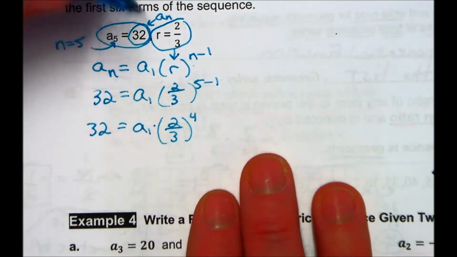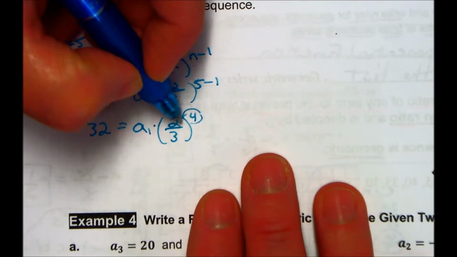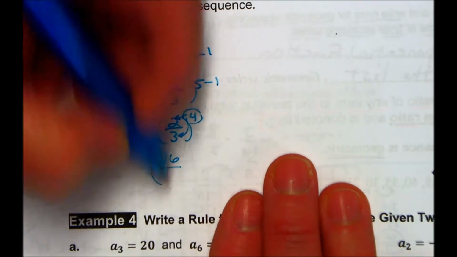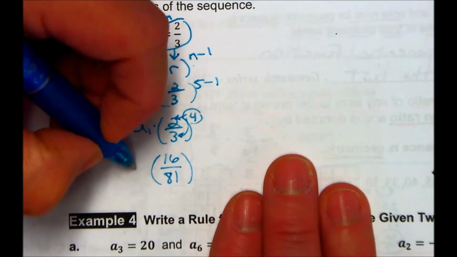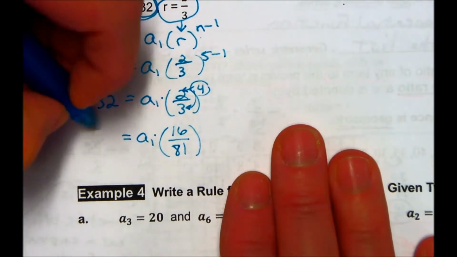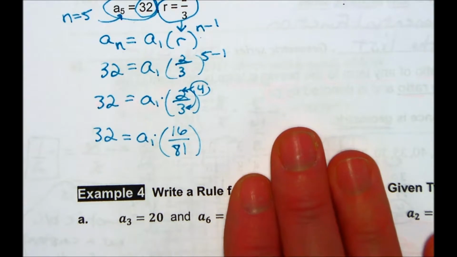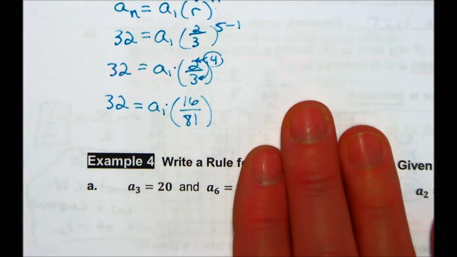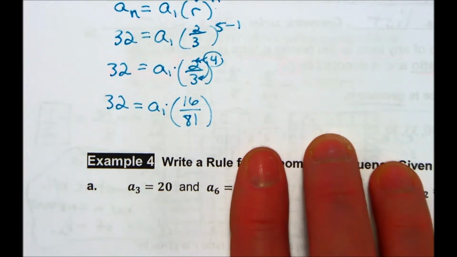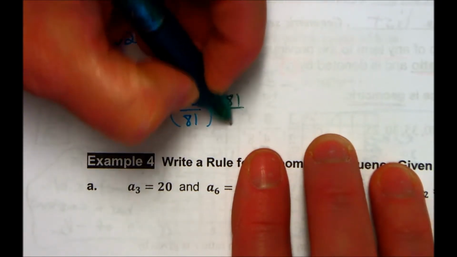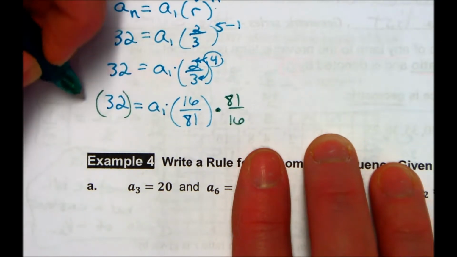Take your 2/3 to the 4th power so we can distribute the exponent to both the numerator and denominator. So 2 to the 4th power is 16. 3 to the 4th power is 81. So a sub 1 times 16 over 81 has to equal 32. Well, at this point, we would normally divide by this number, but since it's a fraction, multiplying by its reciprocal would make more sense. So I multiply by the reciprocal, 81 over 16,